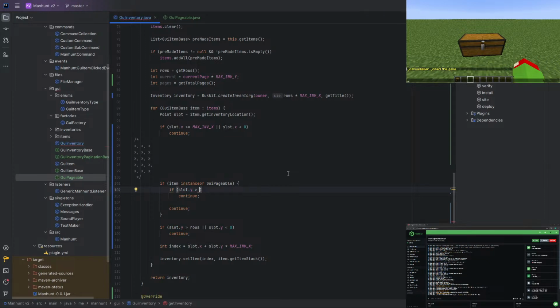Instead, we're going to get the current page, because that'll get the current page times the maximum y. So if the current page is 1 and the maximum y is 2, like we said before, then that means it'll skip to here. It'll set it to there. And then we want to do